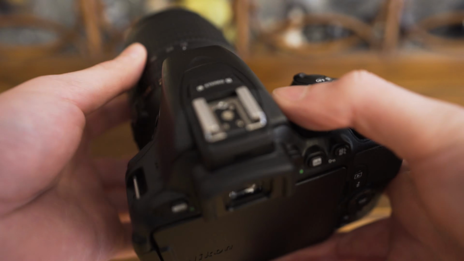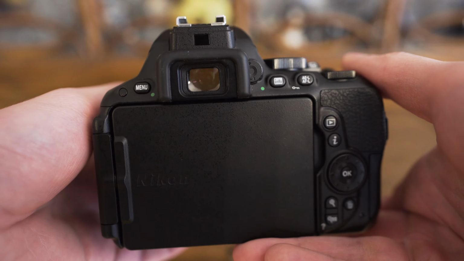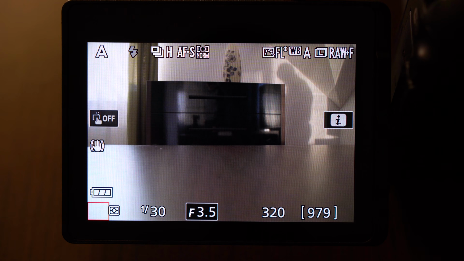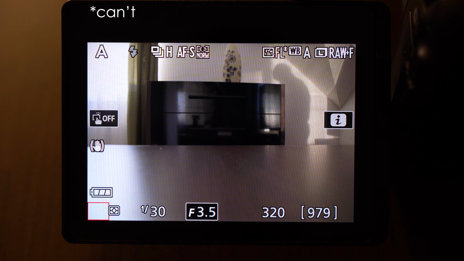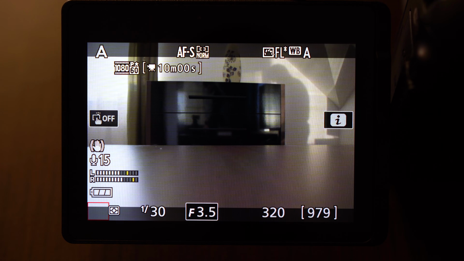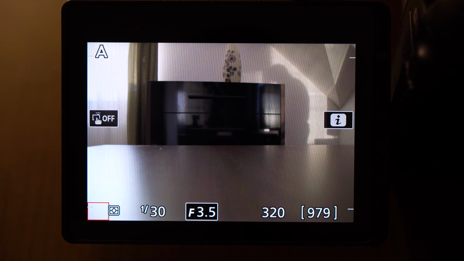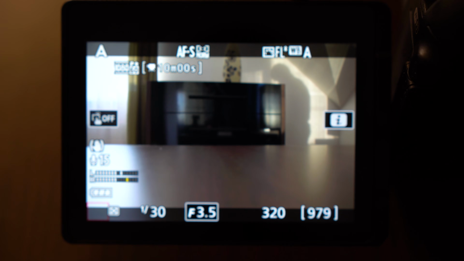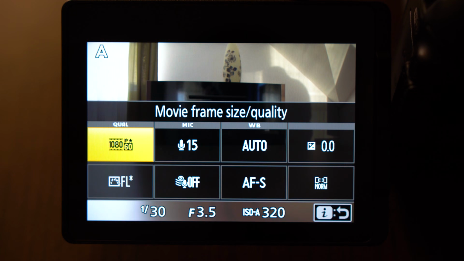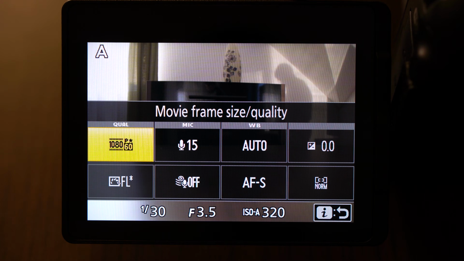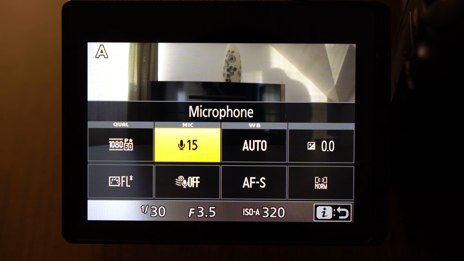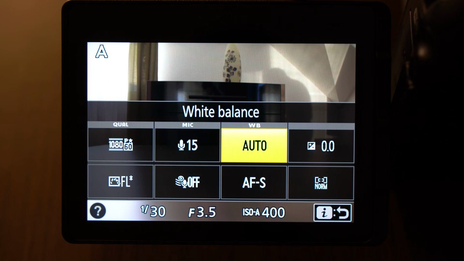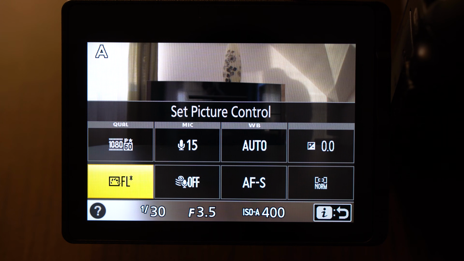Unlike on every other Nikon camera, on D5500 and D5600 you can access video mode by the mode dial. Here you need to cycle through display layouts using the info button until you find the video mode. In this mode, the quick menu tab accessible by the i button offers different settings. Here you can change video quality, resolution and frame rate, mic levels, white balance, exposure compensation, picture profile, wind noise